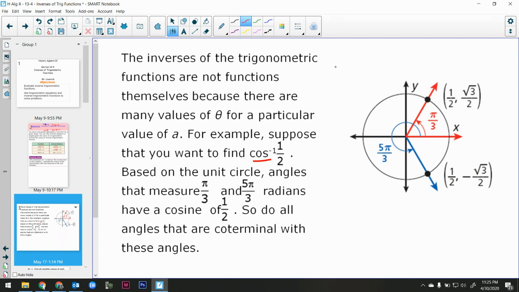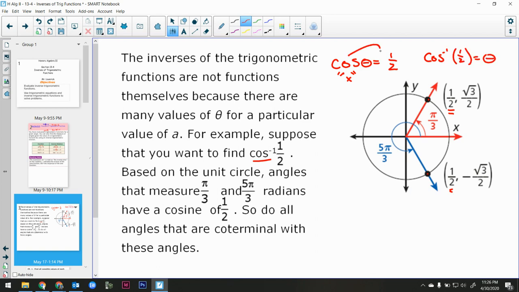Okay, let's switch to cosine. What if I said cosine of theta is 1/2? Now remember the cosine is the x value of the coordinate, so look for an angle where the x coordinate is 1/2. Well, you're going to find that there are two different spots on the unit circle that have that 1/2 as the x value. Okay. So what does that mean? That means that there's actually two different solutions to this equation, this inverse cosine of 1/2 is equal to theta,